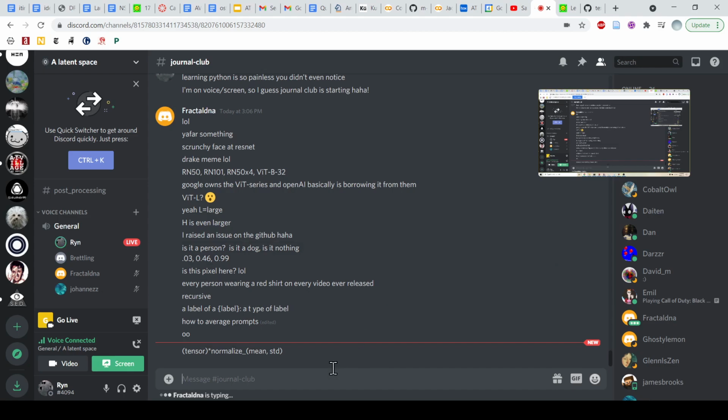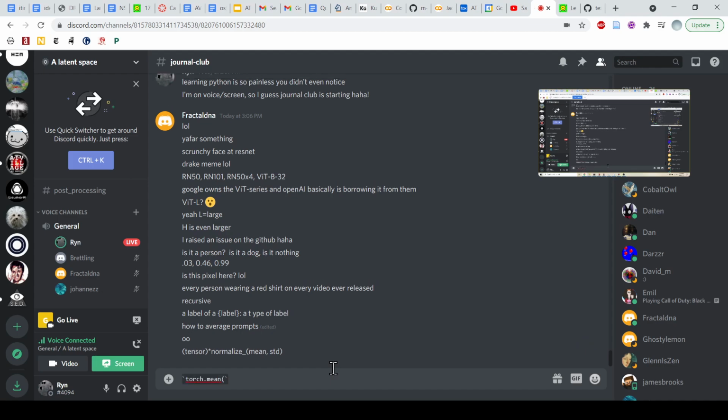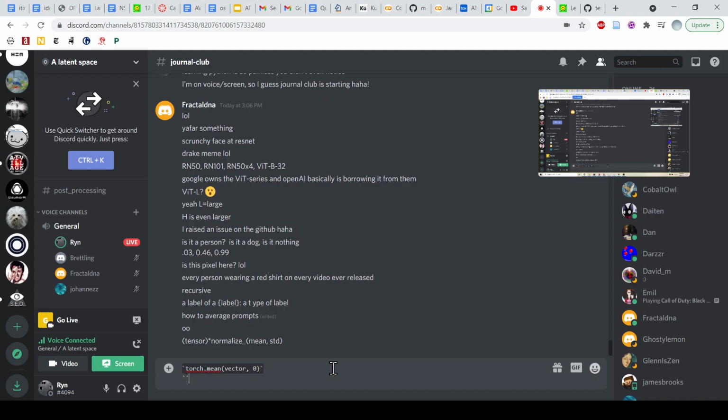Normalize. Well, so I would just do torch.mean, and the tensor would be of shape like, in fact, yeah, let's see. So you do torch.mean vector, and you would only take the mean across the 0. Or another way to write this is probably an interesting point, is instead of doing torch.mean vector 0 to take the mean across the 0th axis and saying vector equals, you could also just do it in place and say vector.mean